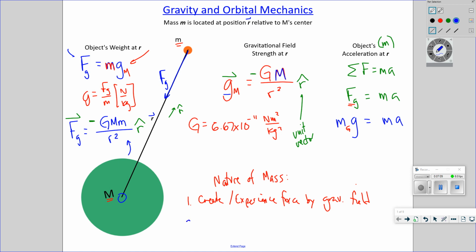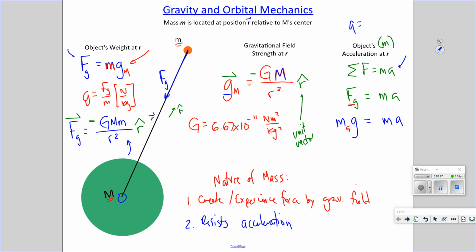Well, the other inherent nature of mass is that mass resists acceleration. And we call that inertial mass. And that lives here, right? To say, for Newton's second law, that an object's acceleration is inversely proportional to its mass says inherently that masses resist acceleration. The larger an object's mass, controlling for net force, of course, the smaller its acceleration. So this is what can be referred to as inertial mass.